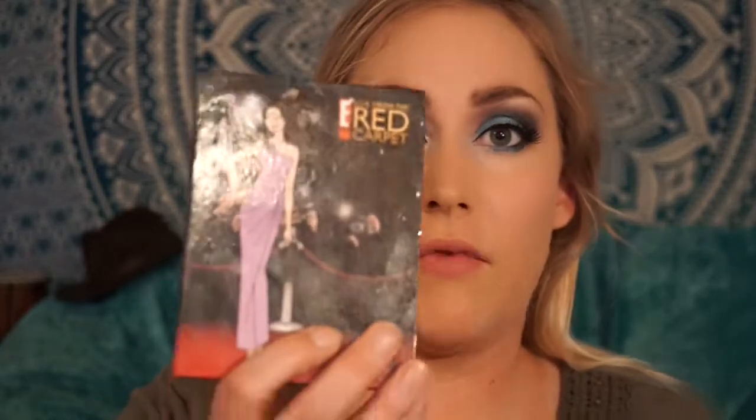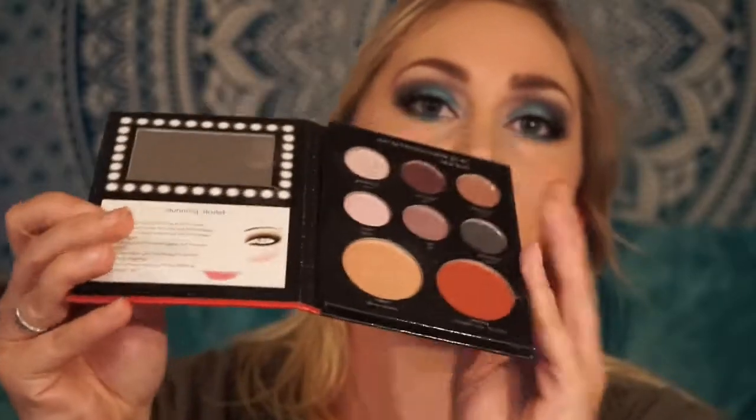So I'm using the highlighter stick, and I'm putting a little bit on the upper cheekbones underneath my eye. And then what I'm going to do is go into this Stila Red Carpet palette, and go into this beautiful shimmery color right here called Kitten, and I'm going to be using this as my highlighter color. Putting the highlight